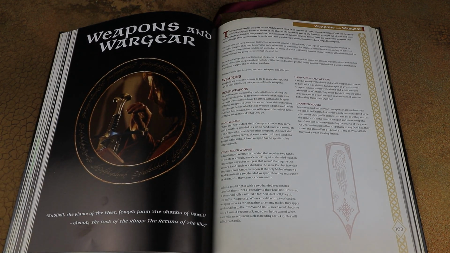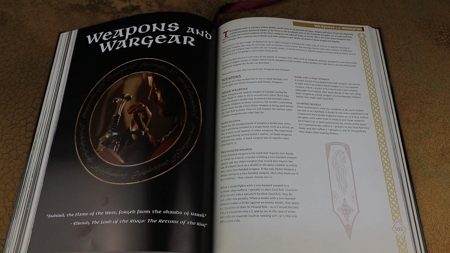One of the things that has changed a little bit are weapons and war gear. There were special strikes you could do with some weapons in the previous game. That is all gone now. A hand weapon is just a hand weapon, and then when we have two-handed weapons and hand and a half, that all still has different rules. So for example, two-handed weapons, it's -1 for the duel roll, so -1 to hit basically, I guess. But when they're actually making the strikes to wound, you get +1 to that roll, which does make it a